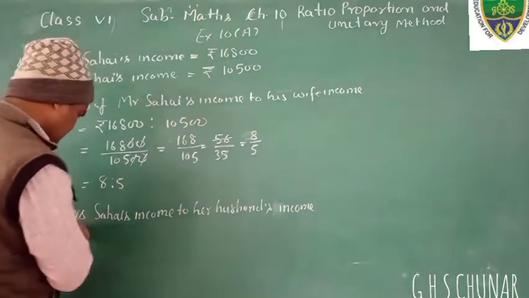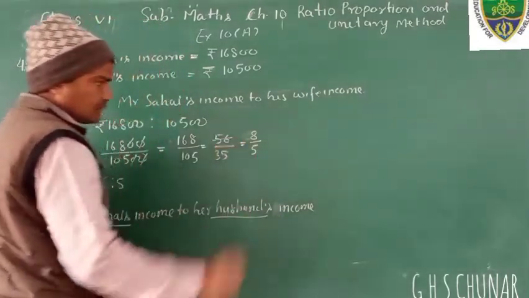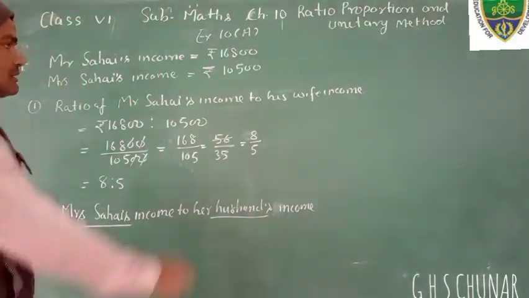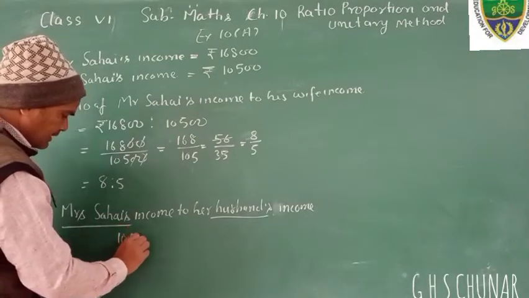Here first is given Mrs. Sahai's income, after that her husband's income. So first you write Mrs. Sahai's income, that is 10,500